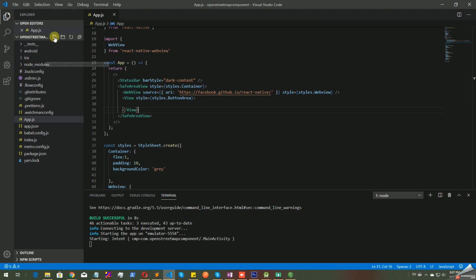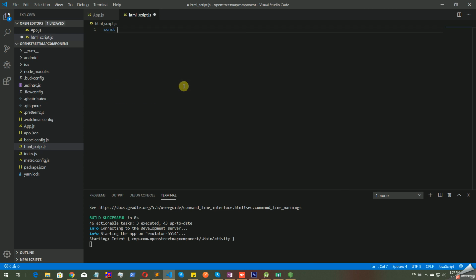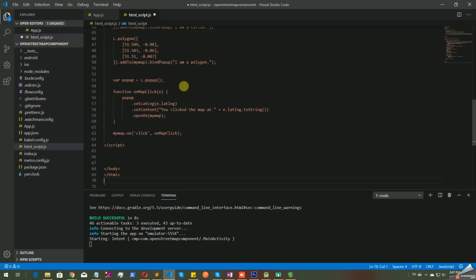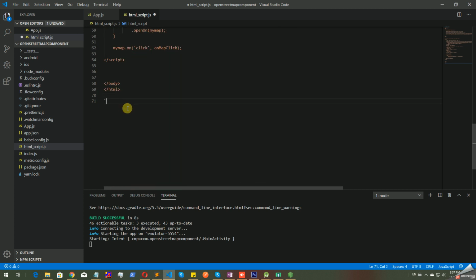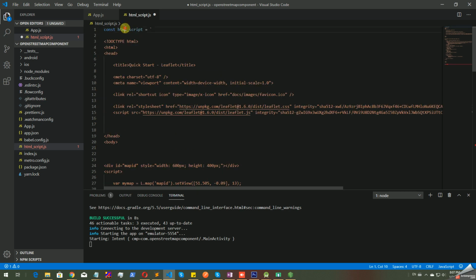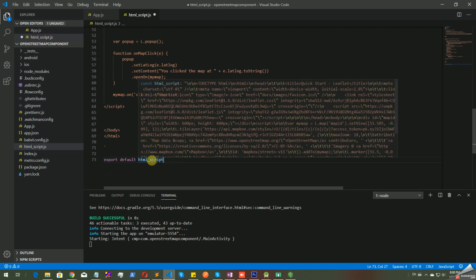I will create a new file, HTML script.js. const HTML script equals, I paste it here, and export default HTML. Okay. Now I can import this HTML script